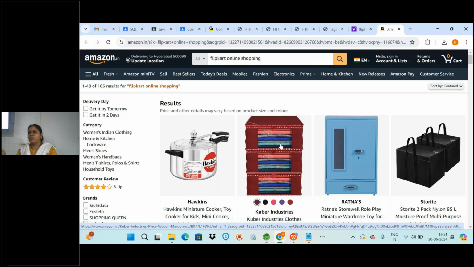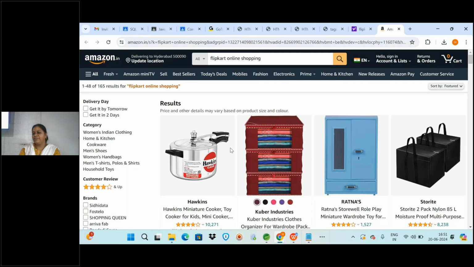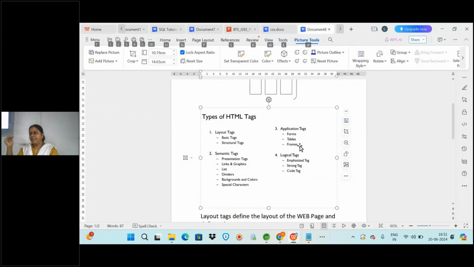Ma'am, only rows or columns? So what you can do, you have divided here into two columns. Again in the second column, you can divide into two rows. So however you want, you can categorize and divide the page into different frames, so you will be learning here in the frames tag how to divide the web page into different frames.